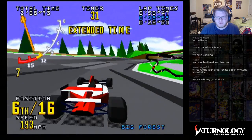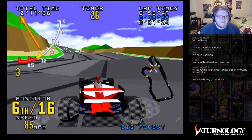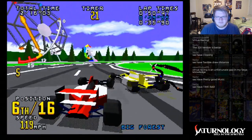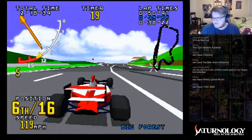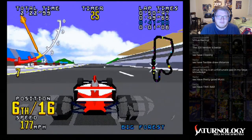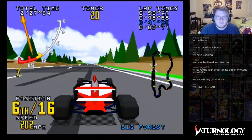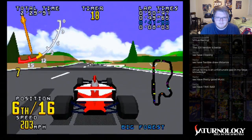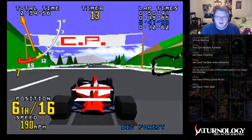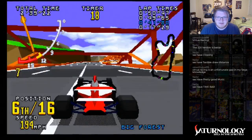Also the little jingles whenever you go through checkpoints. That seemed to be a fad back then. It wasn't just for Virtua Racing. Race and Force also did that. Although, if you ask me, I think Race and Force had better music. Yeah, Virtua Racing is an important game. Just in general. Not just for Sega, but...